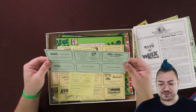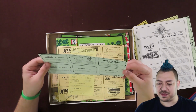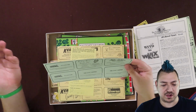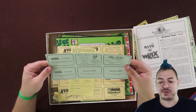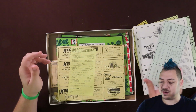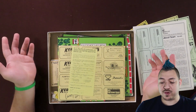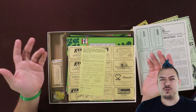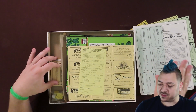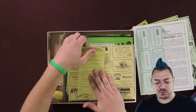So here we've got travel cards. Some of these don't have any actual gameplay written on them. It's just an ad. It just says Poland Park. Here's some information about Poland Park. Here's something about the Civic Center. But I believe part of this game is your objective is to go around the map and collect, almost like a scavenger hunt, particular items from particular businesses. So that's, I believe, how these travel cards work, but I'm not entirely sure. I haven't read through all the rules, but...